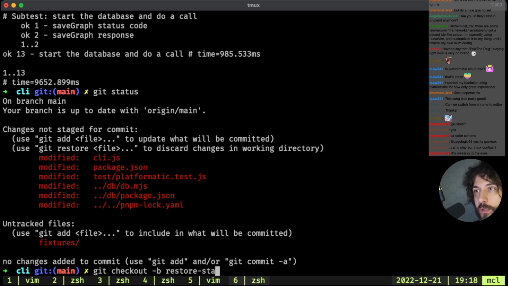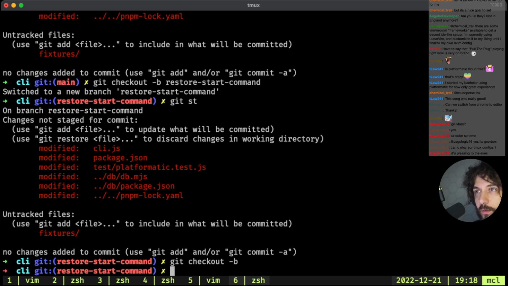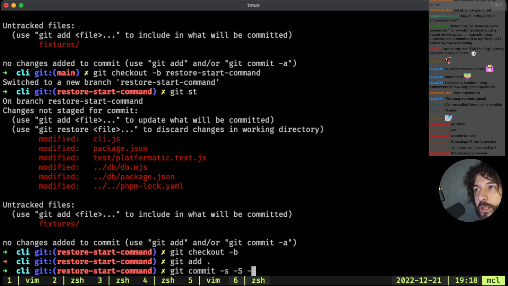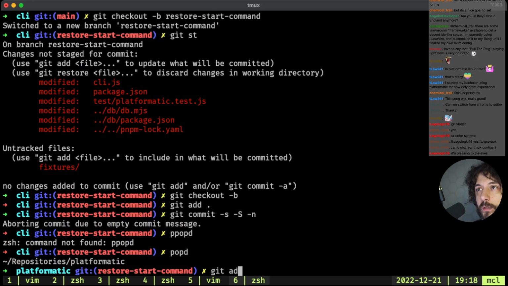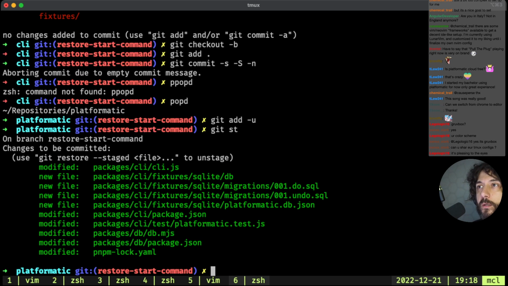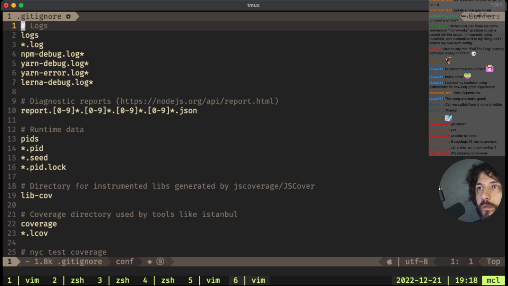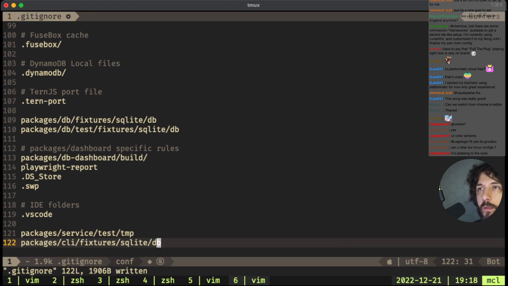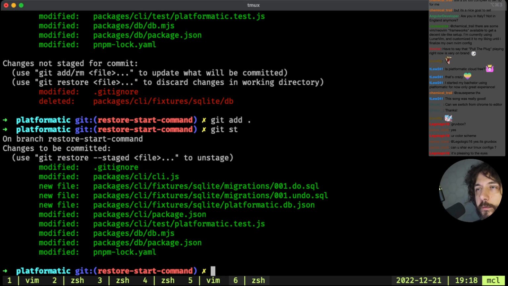Restore start command. Checkout -b. Oh, git add, commit -s. Let's do that. Oh, sorry, no, popd. Oh, no. Git ignore. Okay.